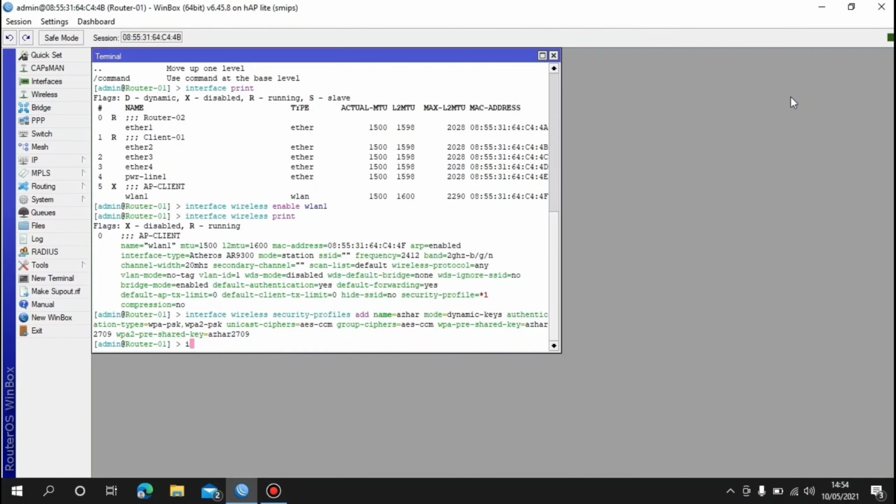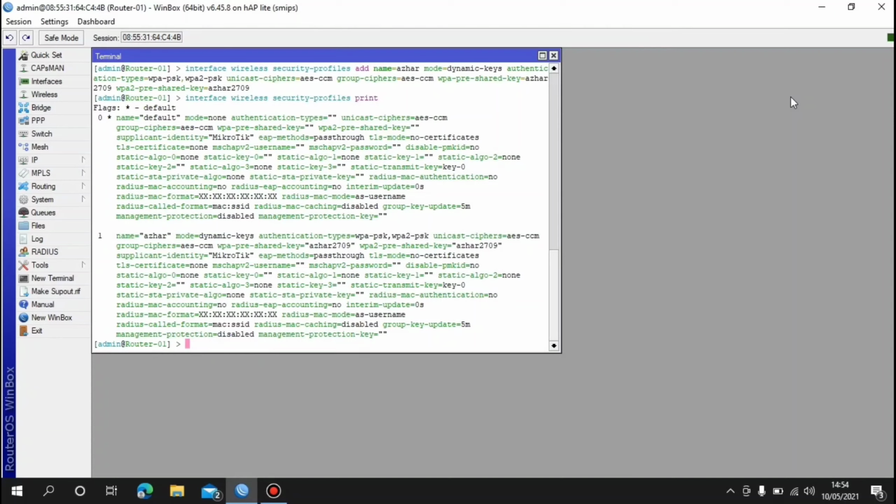Do checking with the command interface wireless security-profile print, enter, and you can see the security profile was successfully created with the name Azhar.